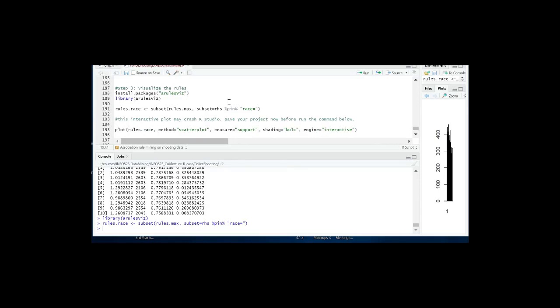But now we can actually look in more detail. So we selected this subset rule involving race, and we know that those race rules are not strong, okay? This visualization demonstration is only going to show how to use those visualizations. So we can actually now plot